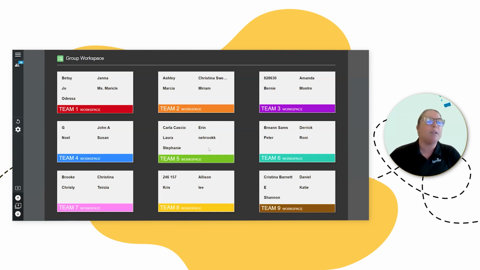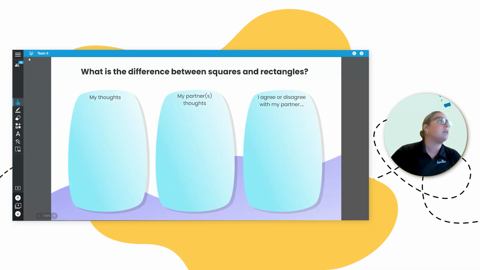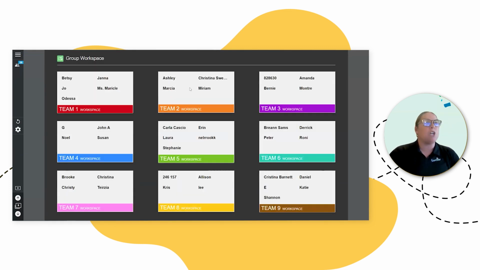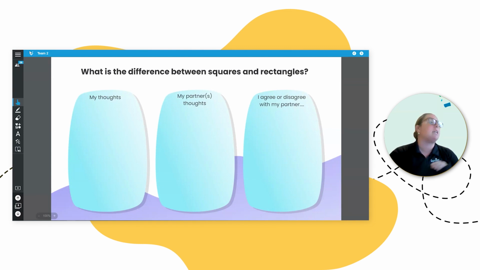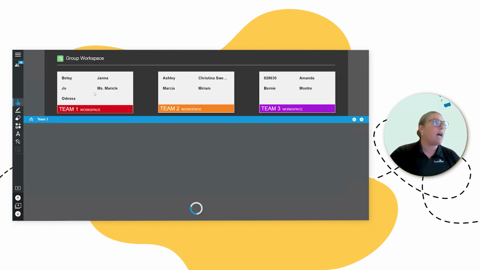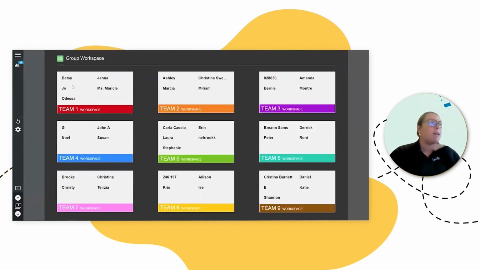you tried it out. I also can hop into the team, so I can hop into team 9 and see how they're doing and how they're interacting with it. It will work just like a whole class whiteboard space, but in a smaller group. So I will see their contributions. I can hit the drop down menu. Let me see, team 1. I can hit the drop down menu and see which student is contributing to that page.